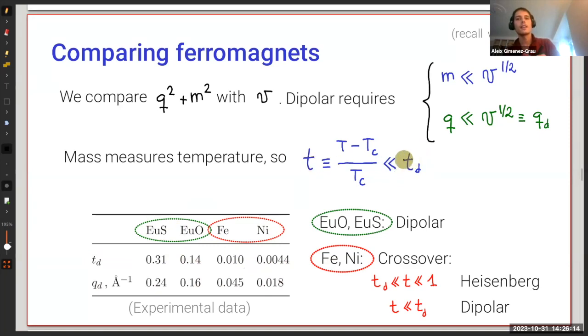And what this means is that you can actually make t quite small, but still larger than T_D. Sorry, what is T_D? How is it defined? T_D is just some rescaling of this equation. So you have to imagine that t is essentially the difference between T and T_C. So what I'm doing here is just rephrasing this equation in terms of some reduced temperature.